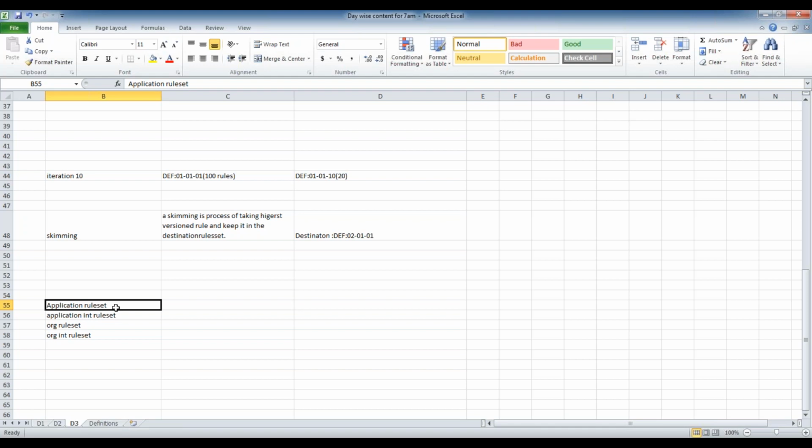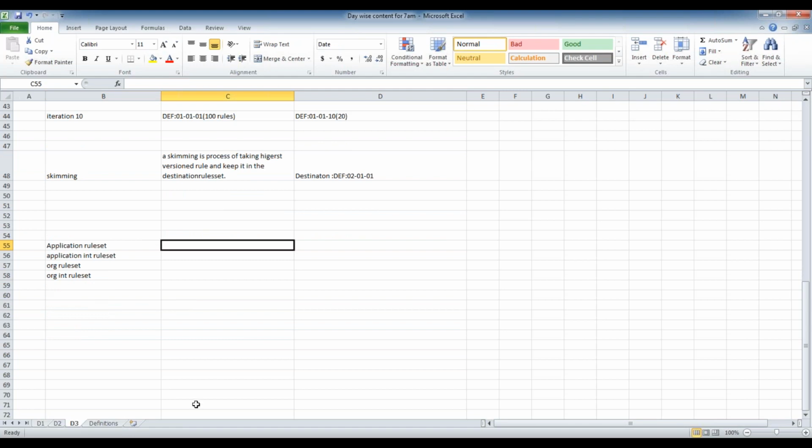To increase the reusability, instead of creating a lump sum of rules in one rule set, we can create smaller chunks. So rule sets A, B, C, D are there. You can store some rules in rule set A, some in rule set B, some in rule set C, so that I can easily manage it first of all, and then wherever I want to use these rule sets, I can reuse them. So how can this be reusable? Let's take an example here.